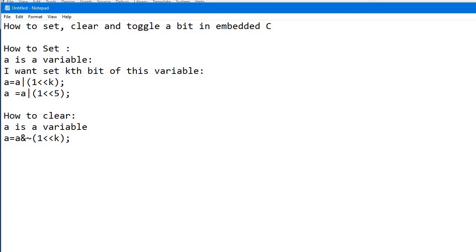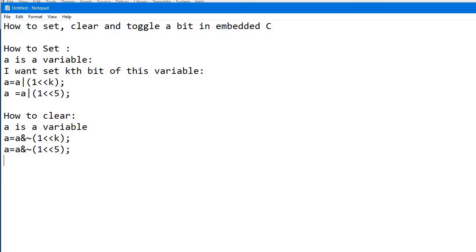This way you will be able to clear that particular bit. Suppose I want to clear the fifth bit: a equals a AND complement of one left shift 5. So using this instruction I will clear the fifth bit of variable a.